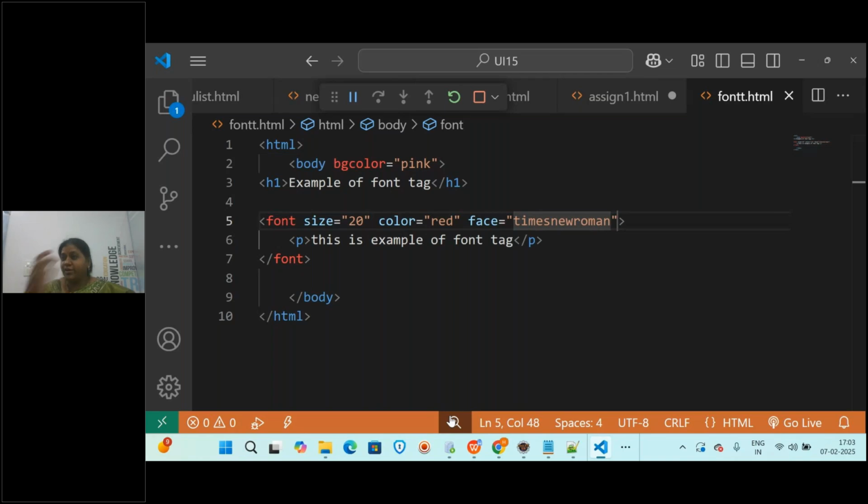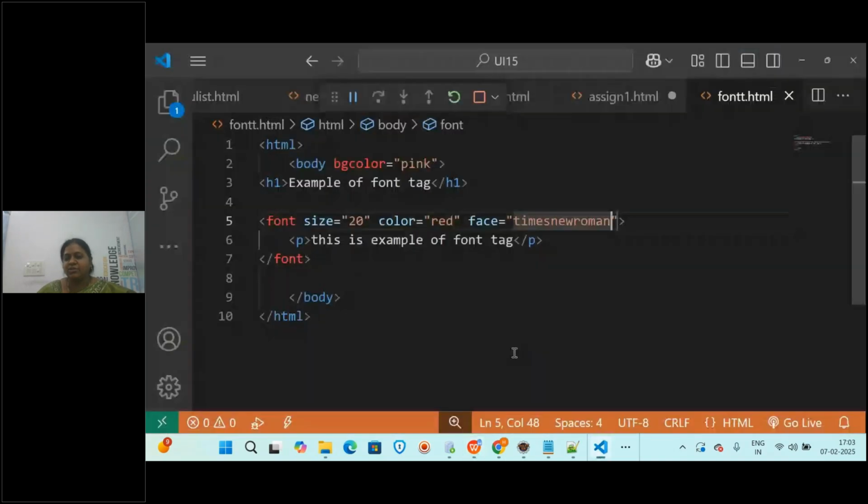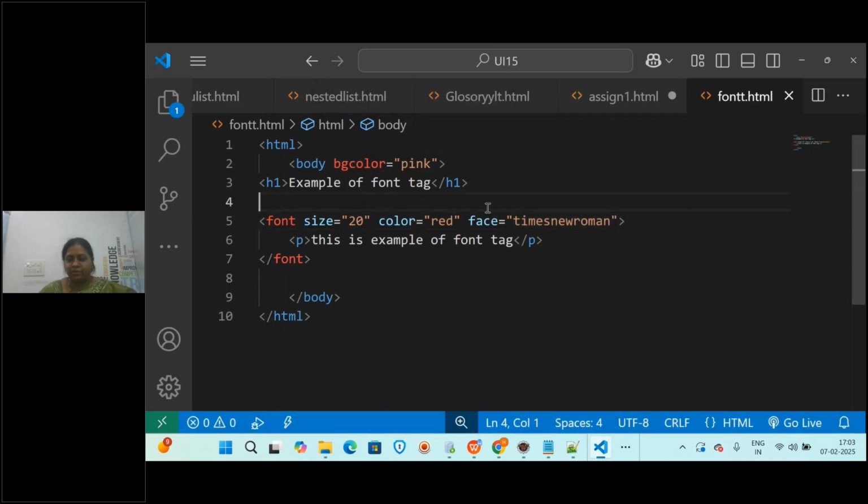It is not showing us the suggestions also. For everything else it is showing suggestions, but here it is not, because it is not implemented in the latest versions. Okay, so now let us see it in the browser. If it is not supported, it may not print also.